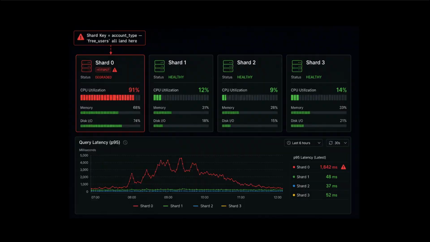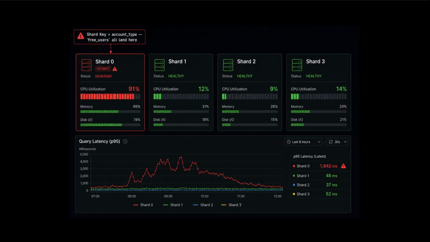Also, a hotspot is when your shard key has low cardinality or skewed distribution. So one shard absorbs disproportionate traffic. If you shard by account type and 80% of users are on the free tier, that shard handles 80% of your writes. So you've scaled horizontally on paper, but vertically in practice. This also happens with time-based keys. If you shard by created_at date, current-day writes always hit the same shard, right? So the fix is either consistent hashing or adding entropy to the key, like hashing user ID rather